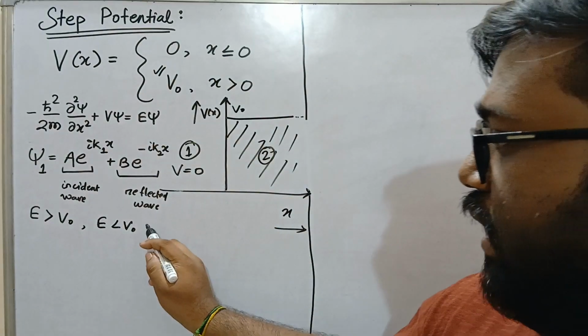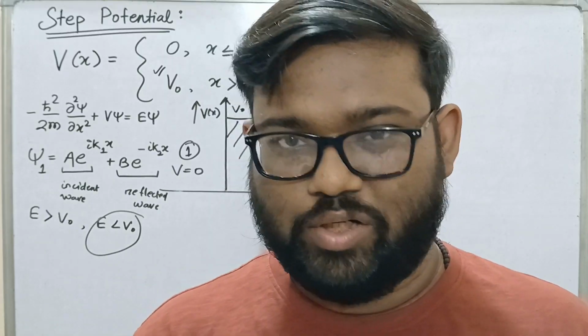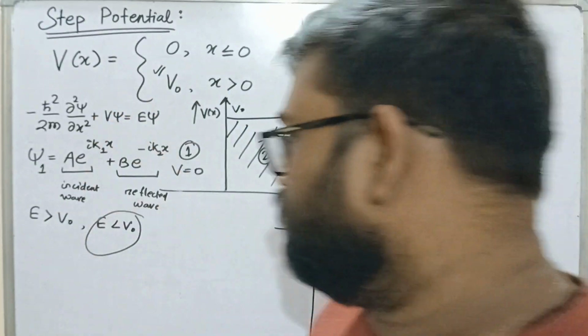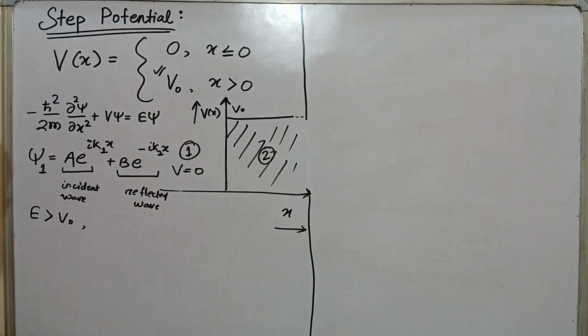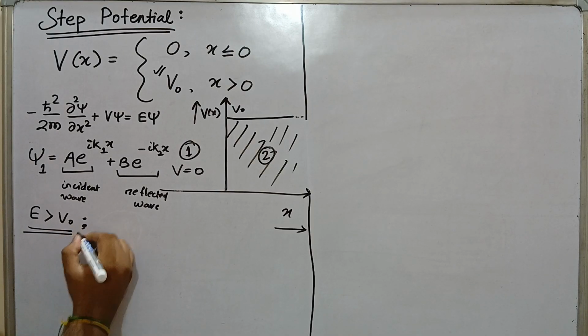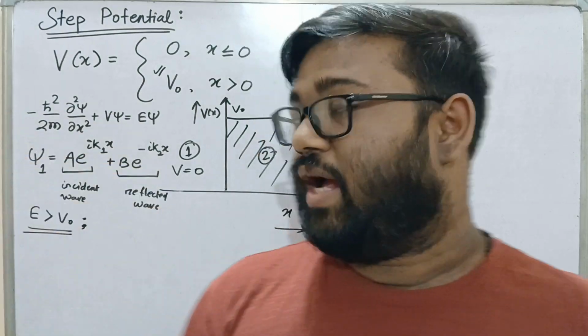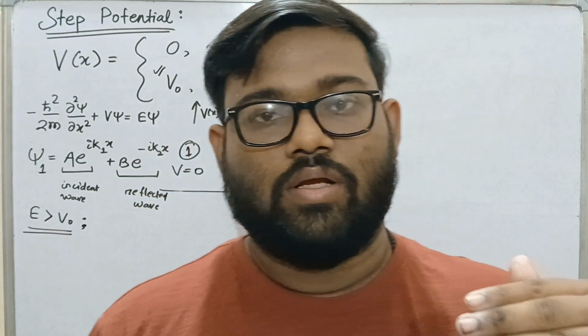Now the E less than V0 case, we will do later. We won't do it now. Later means after completing this. First, we are considering E greater than V0. So look at this. When the particle was coming at the potential well, or for the step potential, the particle would